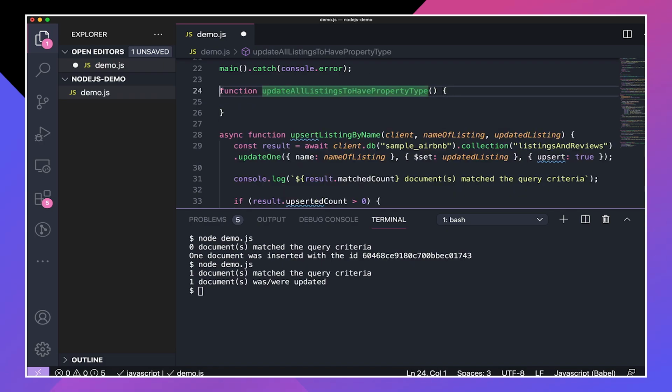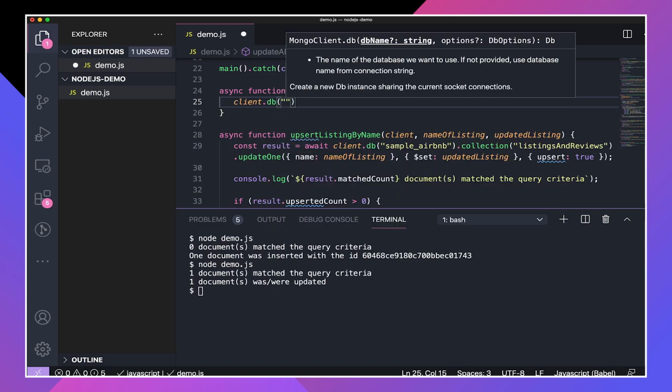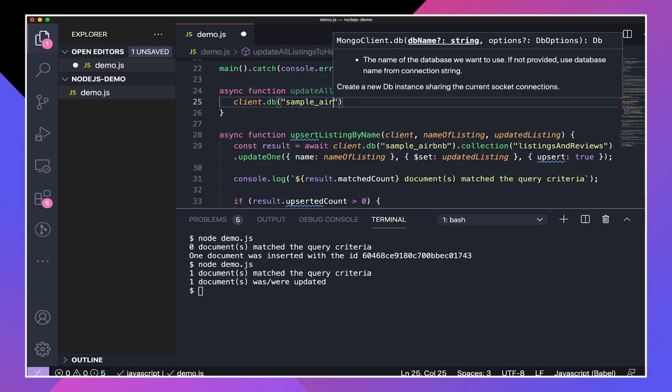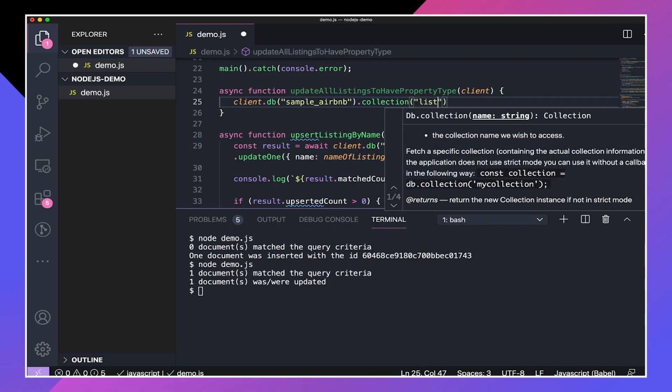As usual, I'm going to make this an async function. And in this case, I only need 1 param, and that's the Mongo client. Let's write a query to update any listing that does not have a field called property type. So I'll say client.db sample Airbnb.collection listings and reviews